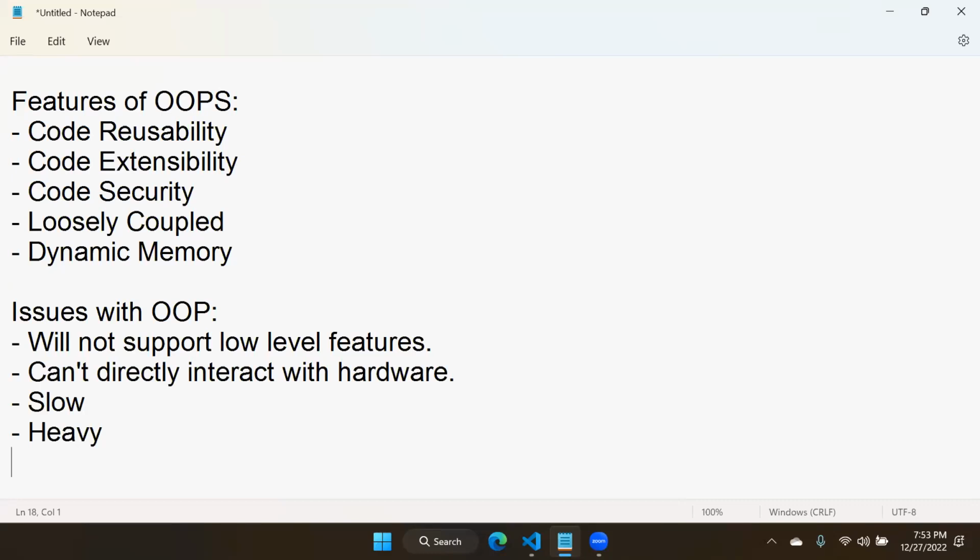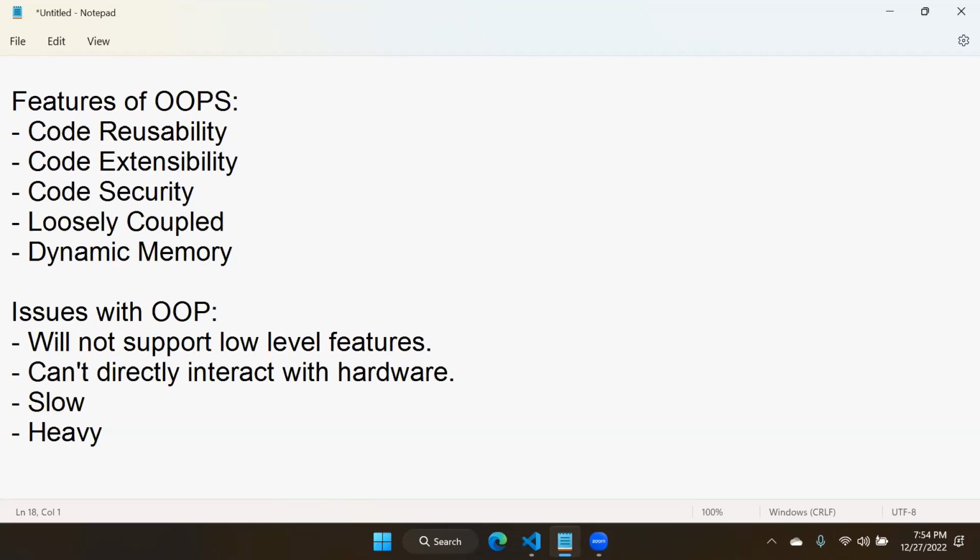For example, air conditioner, washing machine, refrigerator, microwave ovens, these are also controlled with software. You will have a remote, you will have buttons. By using that, you will turn on, set fan speed, rotate the fan. That is also software, but it is not Java or .NET like that,